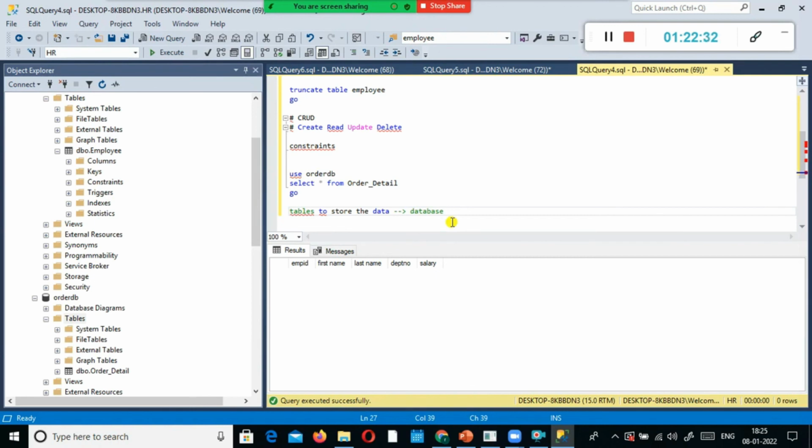So a database can have a set of objects, and the tables are part of your database. You can have n number of databases. Each database can have n number of tables, indexes, and other objects. Also you can create stored procedures as part of SQL Server.